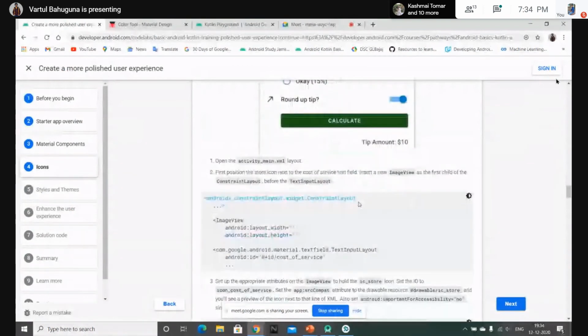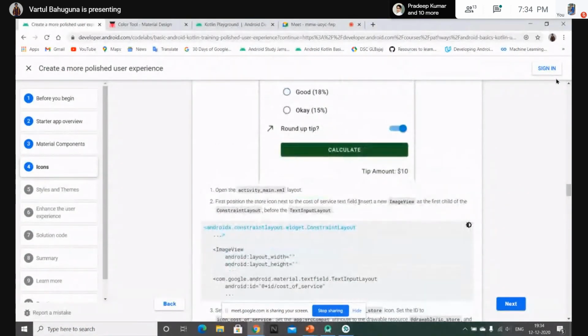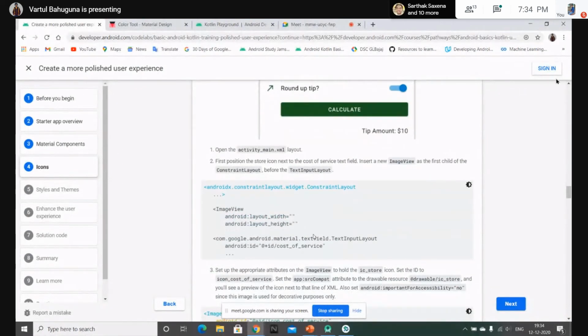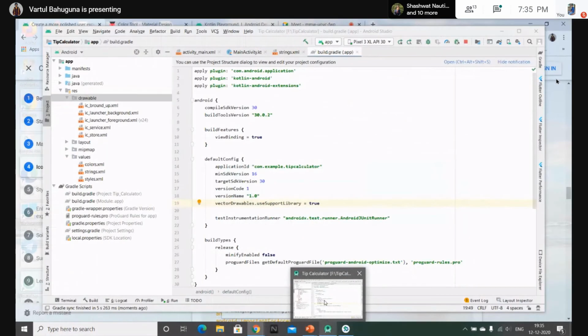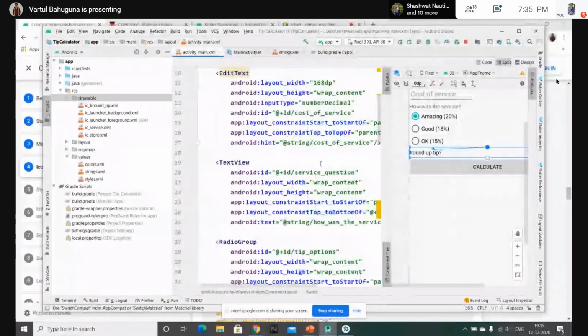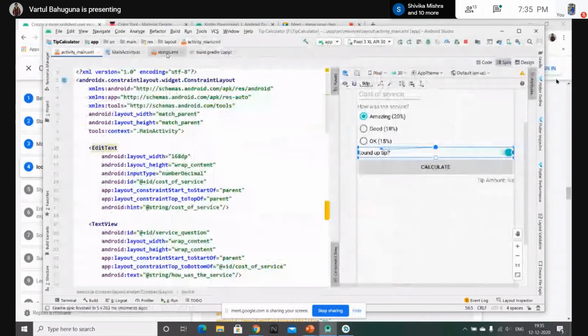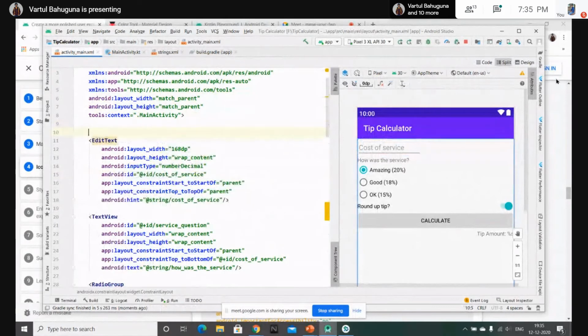Now to add icons or images, what we have discussed earlier, we need to add an image view. Let's add that image view. The images have to appear for this free text.